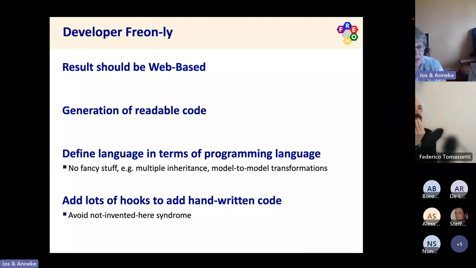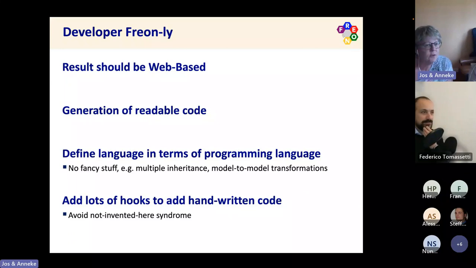And what that means is that we should be able to build web-based systems. If we do code generation, the result of that should be very readable code, code that developers are familiar with. And although we work with languages, and this audience knows all about languages, most of these developers do not.